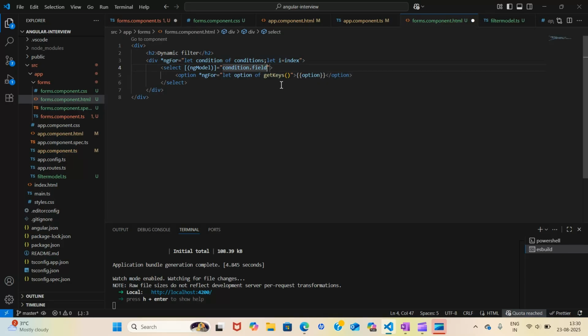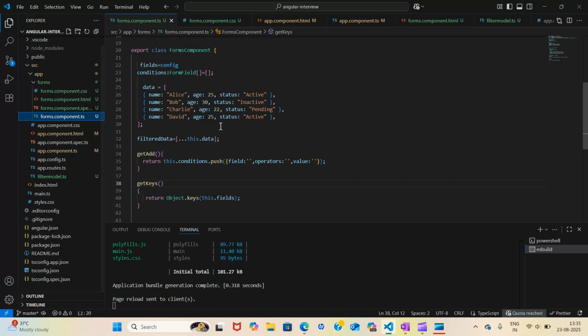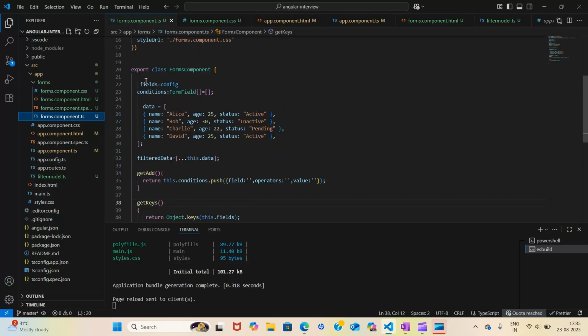Now if I do this, I want to bind it, so in value I give condition.field. This condition.field is bound over here. So this field should be equal to config, not like this, because config is not a type. It's the value, and I'm assigning this to my field so that I can easily use it here.